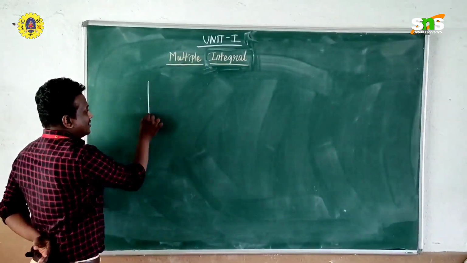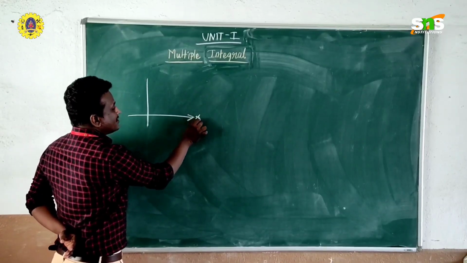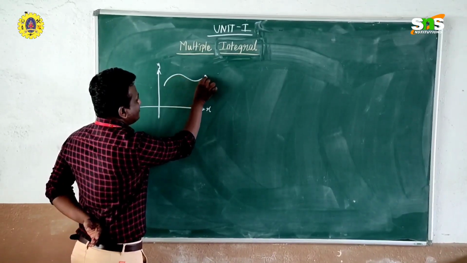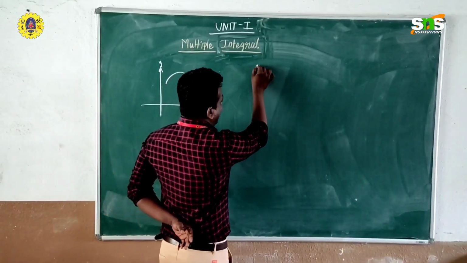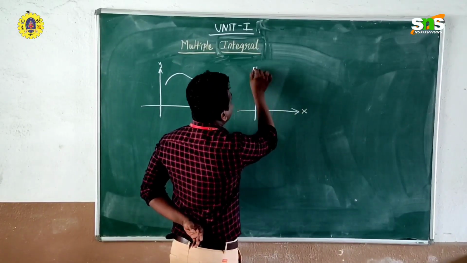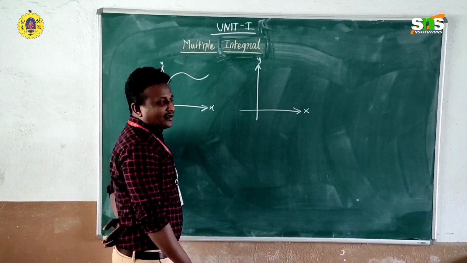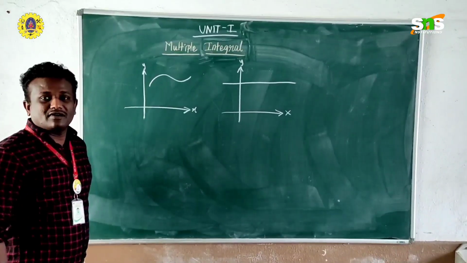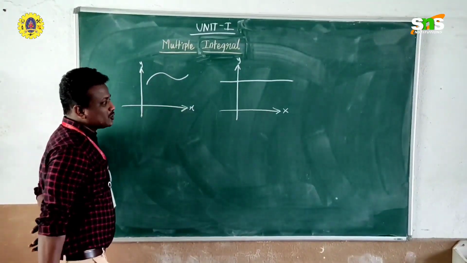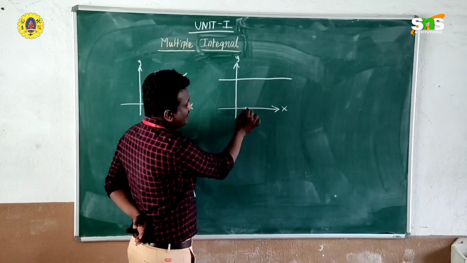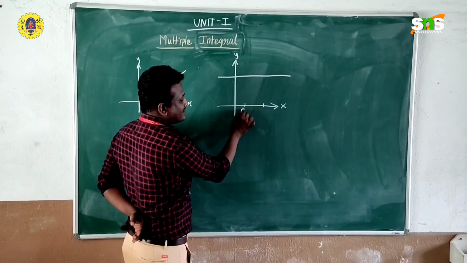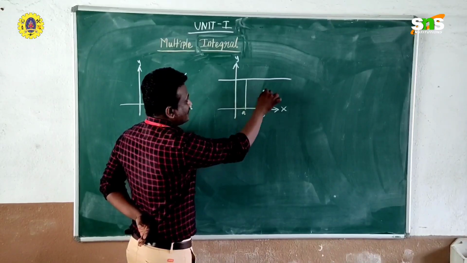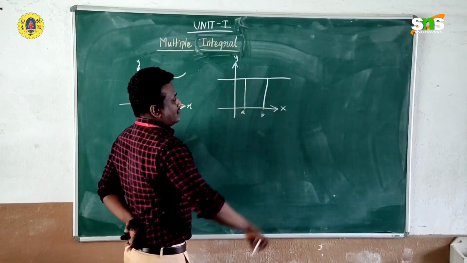Suppose we draw a graph, with the x-axis and the y-axis. Suppose there is a curve like this, and let us draw another graph. Again take x and y axes. Just imagine there is a straight line. Now I am going to fix 2 points on the second graph, this one and this one. You just name them A and B. I am going to connect this line with the x-axis and this one with this.